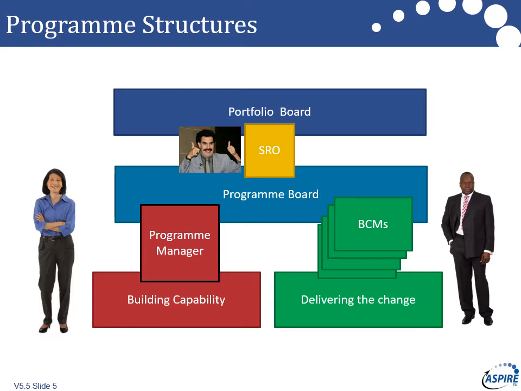Now, for some reason, in most programs, the blind side is the business change bit. So we spend an awful lot of time building governance around decisions associated with spending money. We don't necessarily build the governance around the decisions around delivering benefits or delivering change, and the risk of delivering that change in the wrong way to our organization. So those are the layers. Let's have a little bit of a more detailed look at this.